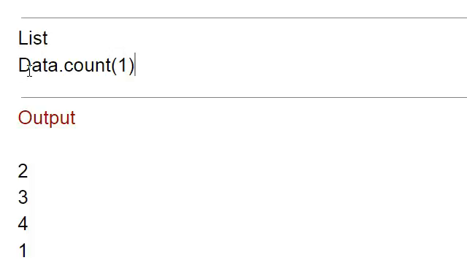Okay, so what this is going to do, it's going to look at our data set, which is in a list, and then it's going to count all of the ones. It will count all of the ones, so it's really that simple. And so we're going to use a loop where we go through and count the ones, and then we're going to store it in the frequency list, and then we're going to go through count the twos, and then count the threes, and count the fours, and so forth. So we're going to do that. But before we do that, actually,